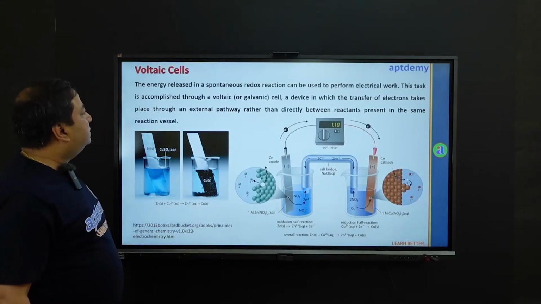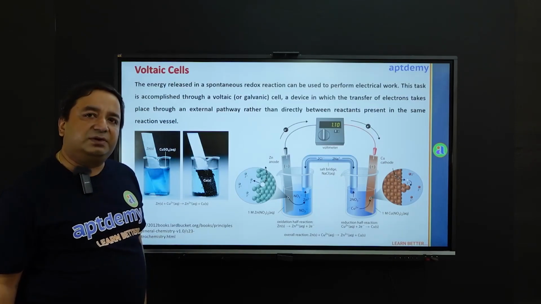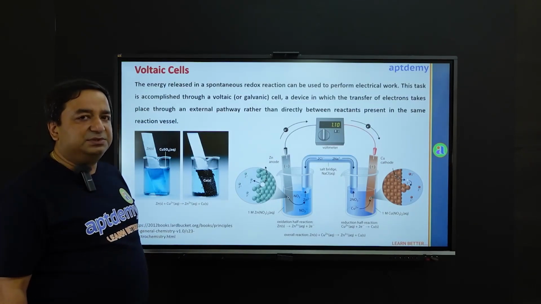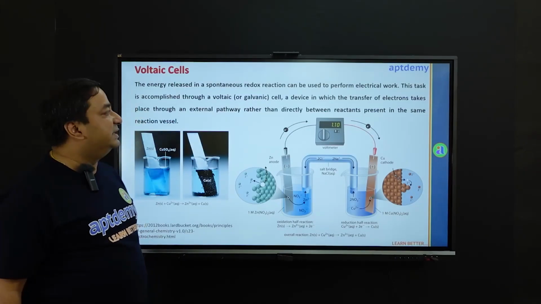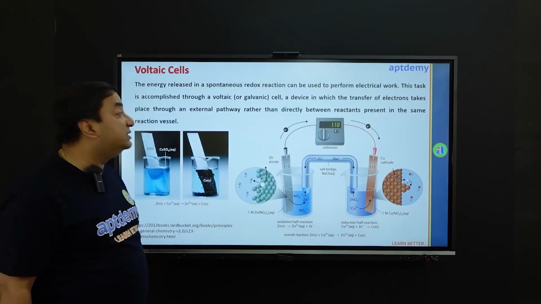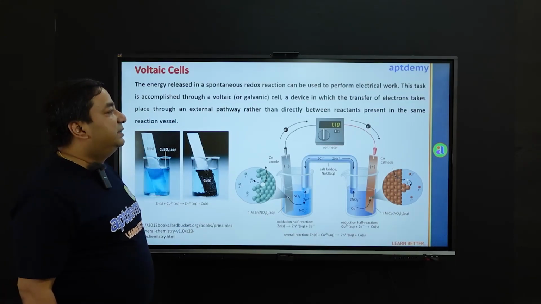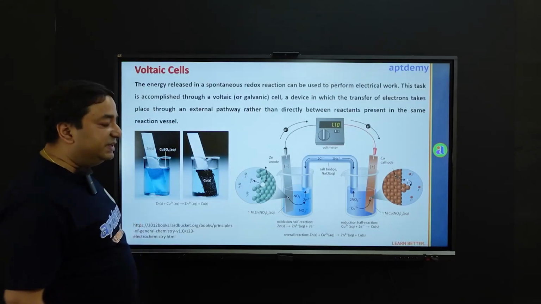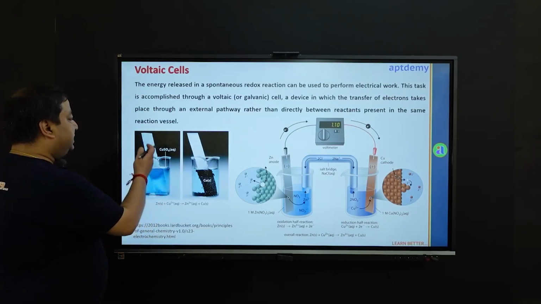Voltaic cells. Now, the energy released in a spontaneous redox reaction can be used to perform electrical work. This task is now accomplished by using either a voltaic cell or a galvanic cell. It is a device in which the electron transfer takes place in the external pathway rather than directly between reactants when they are present in the same reaction vessel. So we are seeing one picture over here, the left hand side, in which you can see that copper sulfate